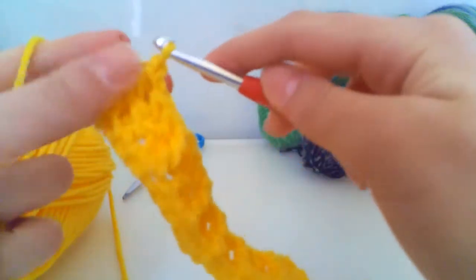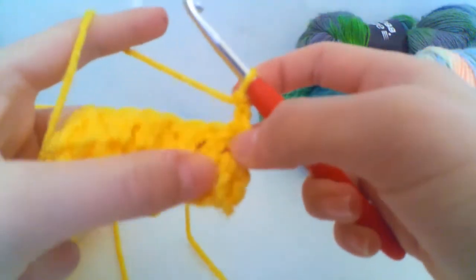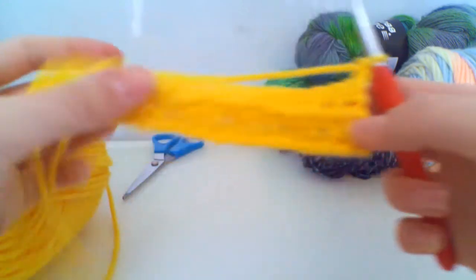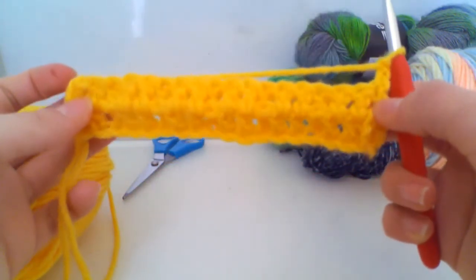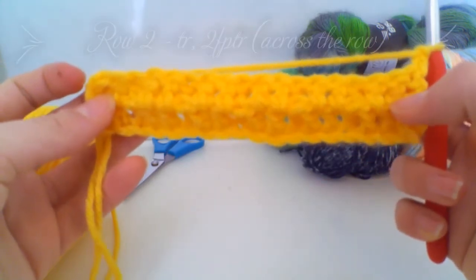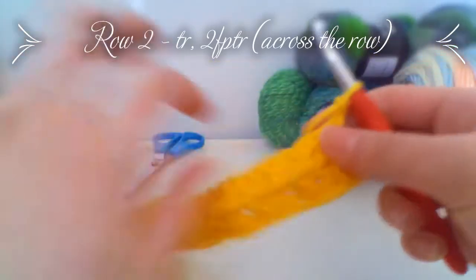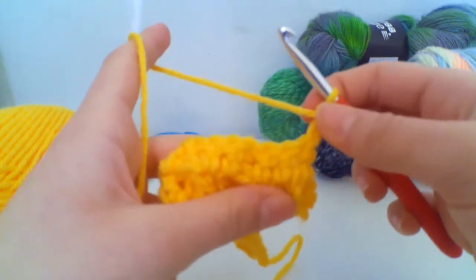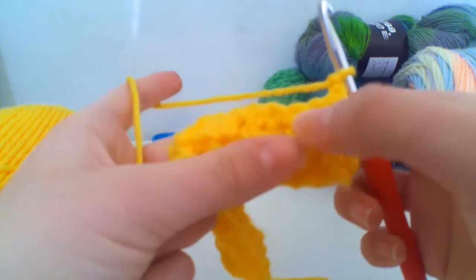So chain 2, and this acts as our first treble crochet into the stitch. So our second row repeat is 1 treble crochet and 2 front post trebles, 1 treble crochet and 2 front post trebles. So we have our 1 treble crochet as our chain 2, and then we're about to do 2 front post